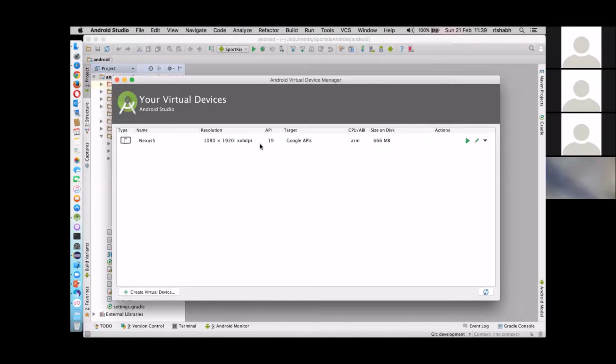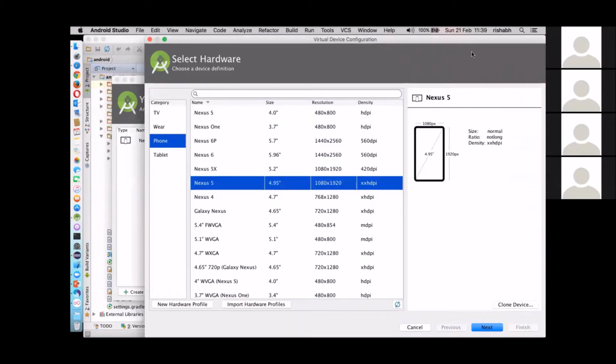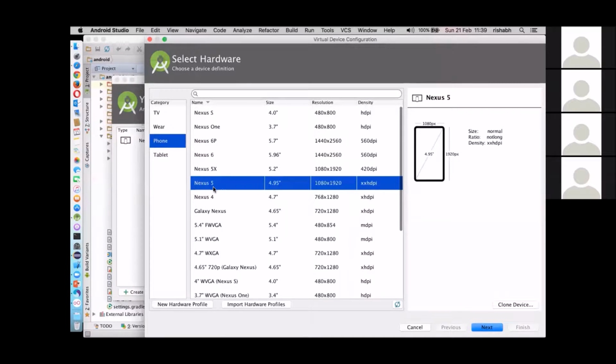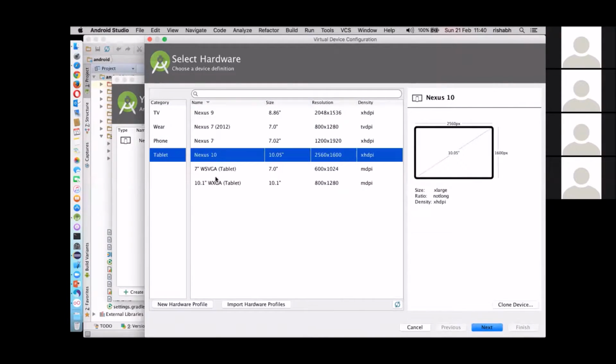I have already created one, but if you want to create more, you just click on create virtual device, and it will navigate to this screen, which has different pre-populated configurations. Like Nexus 5, Nexus 5X, 6P, with different screen sizes, resolutions, and screen densities. Fine. It also has Android TV, Android Wear, Android tablet. So whatever you want, you can create it.